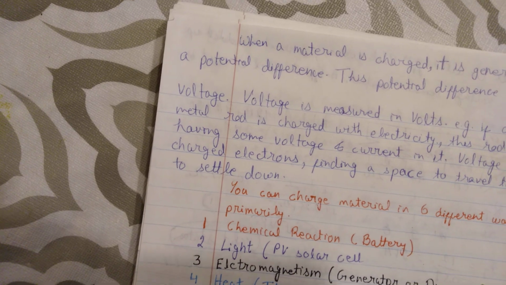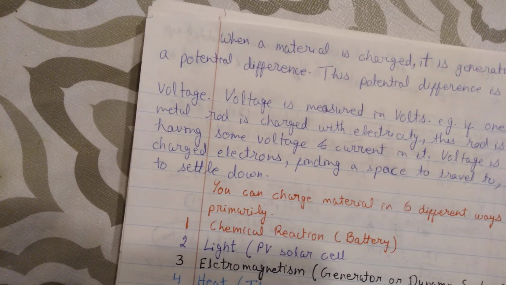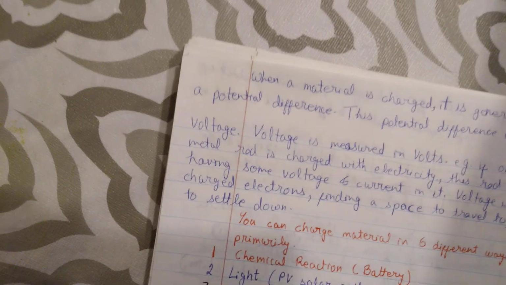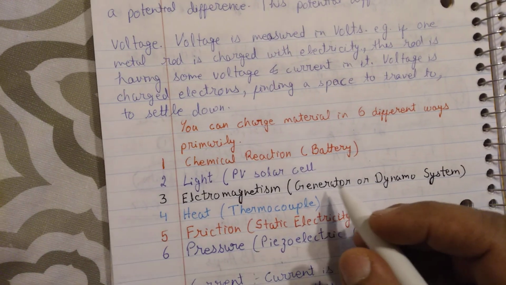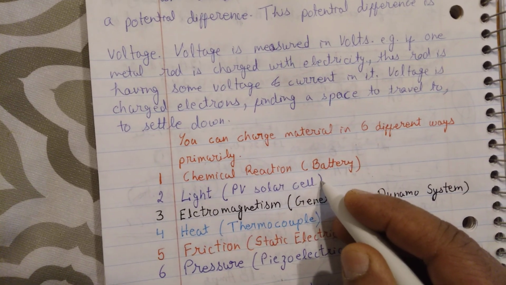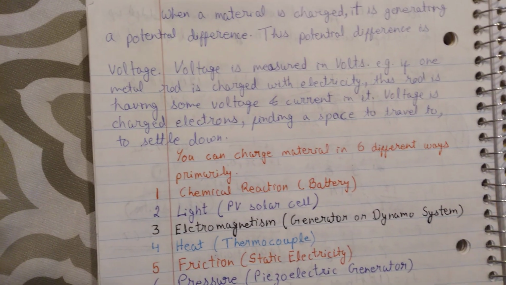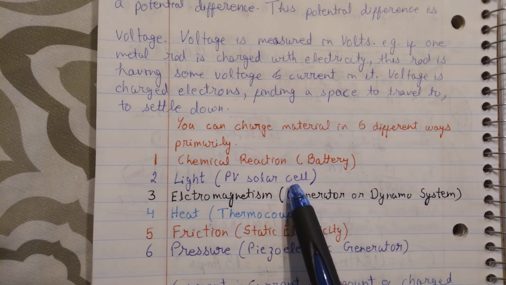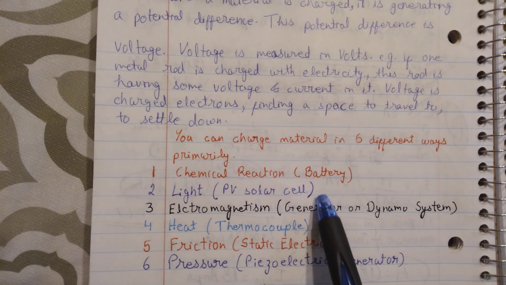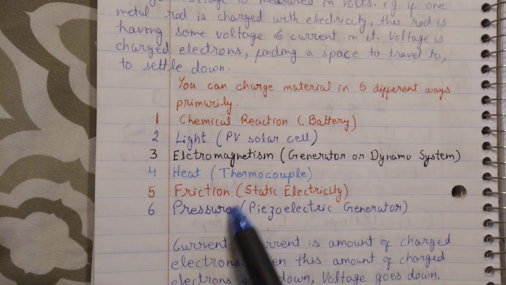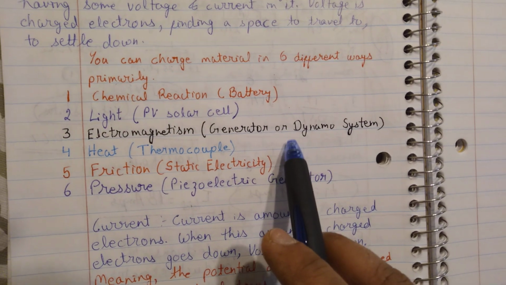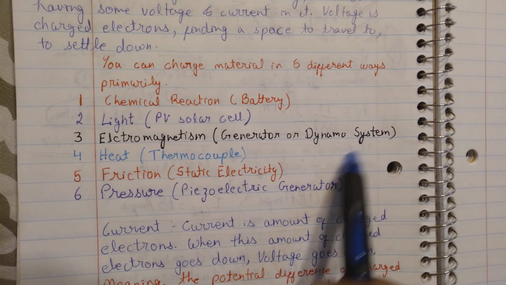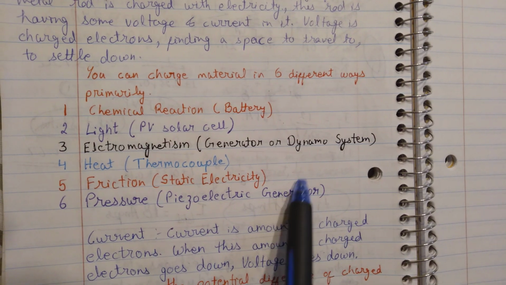And now this PV solar cell system, we all know, is the solar system. And again, if we are using this system, we need a battery to use this power. Third, we have electromagnetism. Electromagnetism is the generator or dynamo system, which I have seen many times